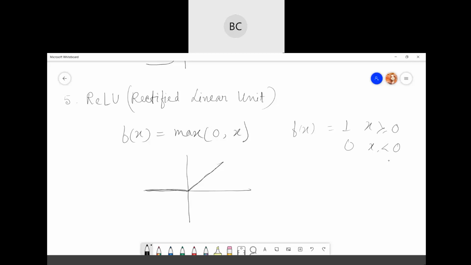But ReLU also has some little disadvantage. If you see the negative side of the graph, the negative gradients are almost 0.